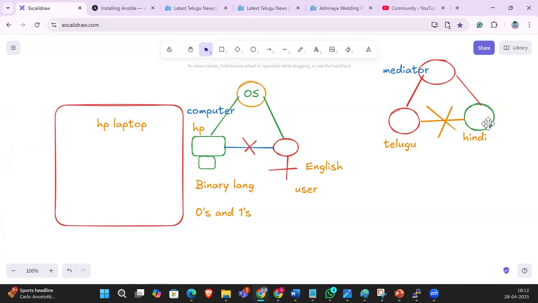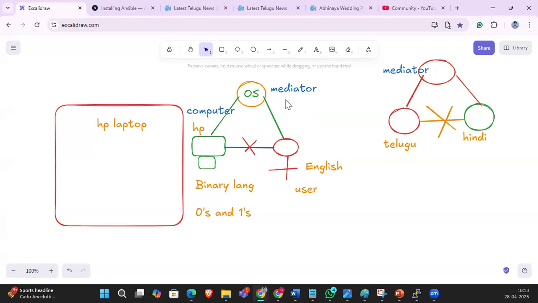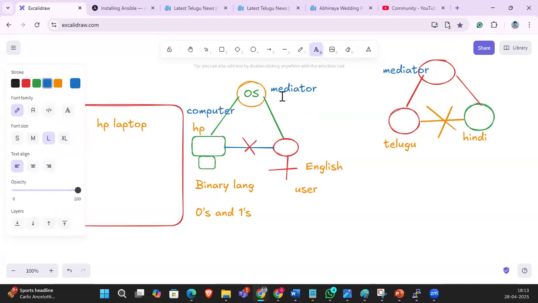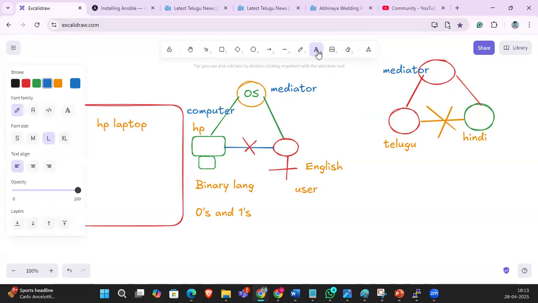Whatever Ajay wants to convey to Shiva, he informs in Hindi, I will translate it to Telugu and I will inform Shiva. Guys, now you understood? So here, OS is a mediator which knows both the languages.